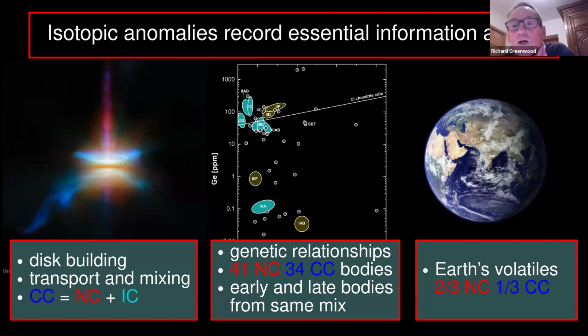Definitely would. Patrick Lebrun has asked, do you think the reservoirs' isotopic anomalies are at all inherited from different pre-solar precursors infalling at different times, i.e. r-process or s-process, etc.? I think you have to read that again to me. Sorry, it's late for me already. Yeah, I know, it's been a long talk. Do you think the reservoirs' isotopic anomalies are at all inherited from different pre-solar precursors infalling at different times?